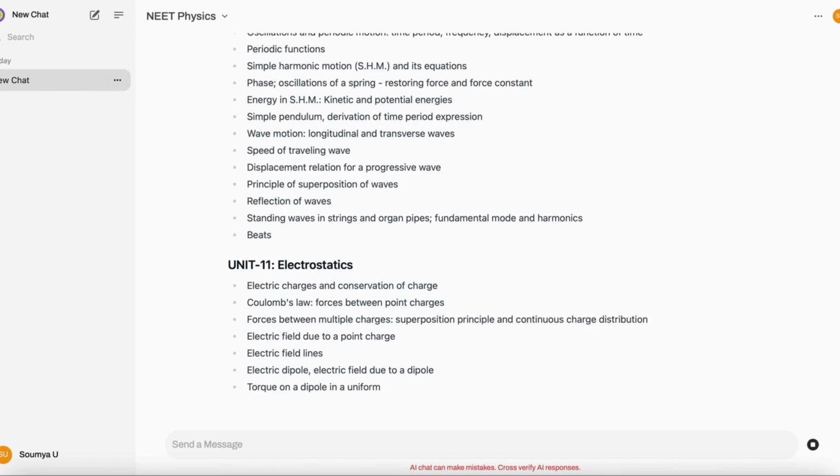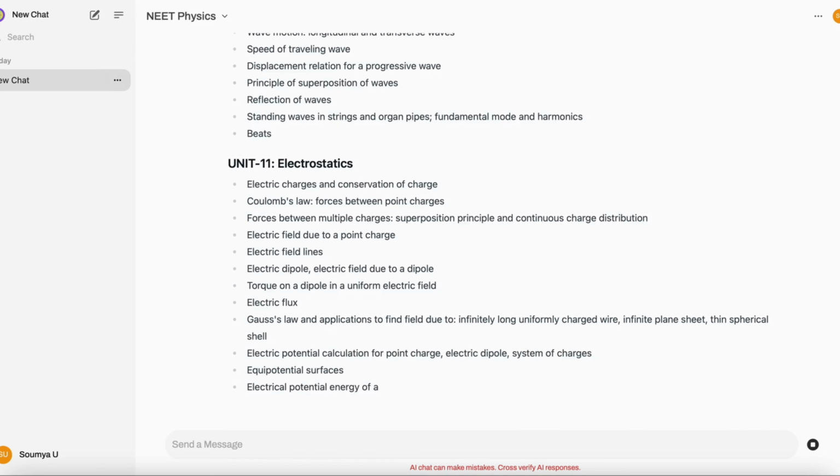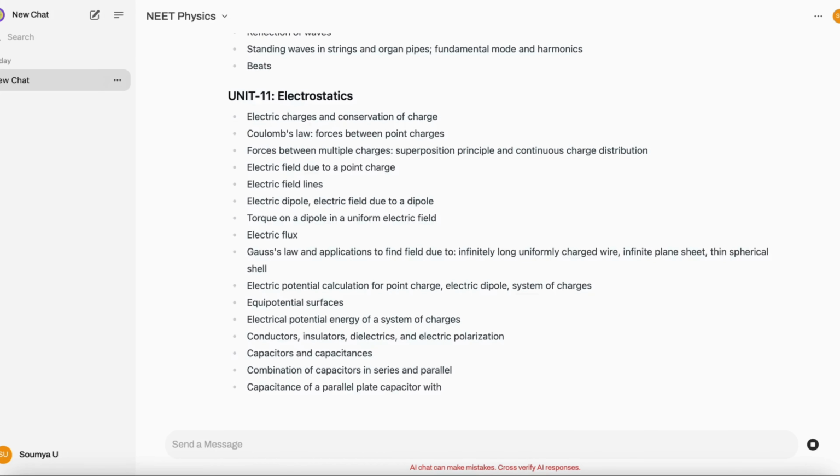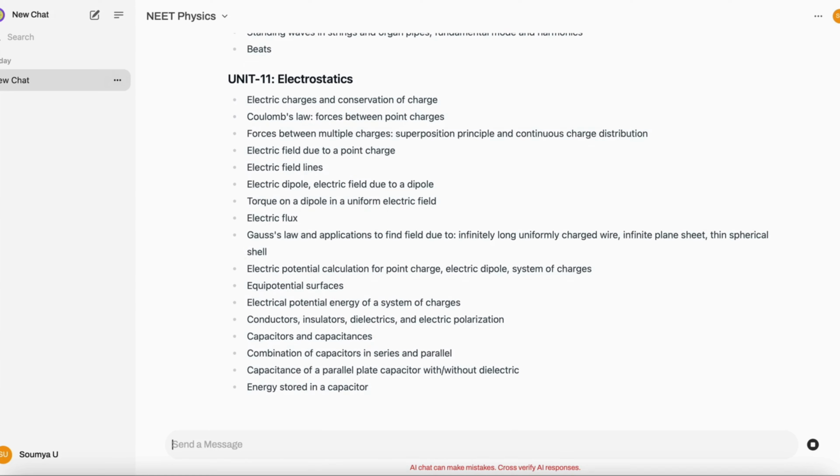Unit 11, Electrostatics. Electric charges and conservation of charge, Coulomb's law, forces between point charges, forces between multiple charges, superposition principle and continuous charge distribution, electric field due to a point charge, electric field lines, electric dipole, electric field due to a dipole, torque on a dipole in a uniform electric field, electric flux, Gauss's law and applications to find field due to infinitely long uniformly charged wire,